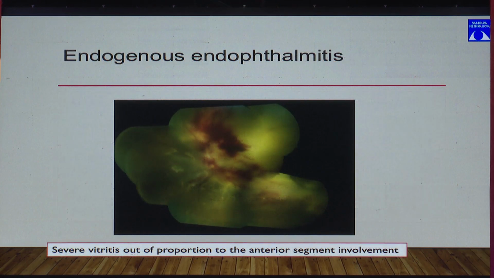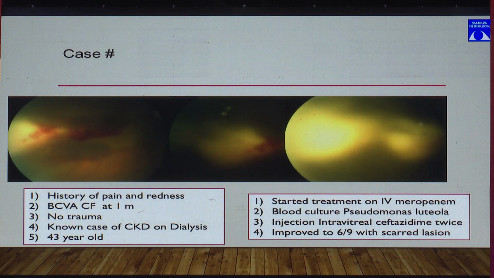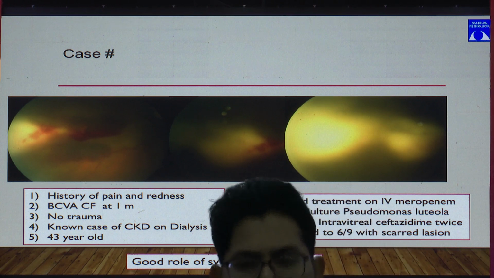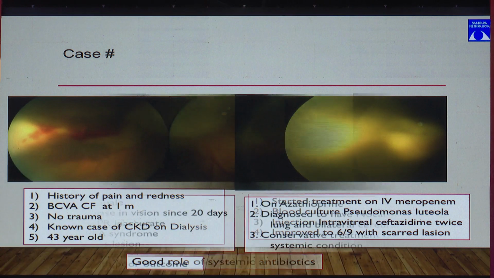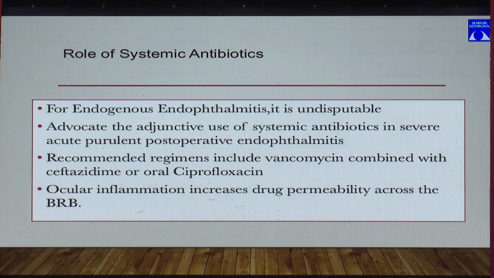So endogenous endophthalmitis was also not discussed by the EVS, so just showing you a few examples. Here, this is by Pseudomonas lutea, and this responded very well to systemic treatment, no need for surgical intervention, and the patient was great with intravitreal injection and systemic treatment. Another case of nocardia infection, again, the role of systemic antibiotics is undisputable where endogenous endophthalmitis is concerned. People even recommend it for